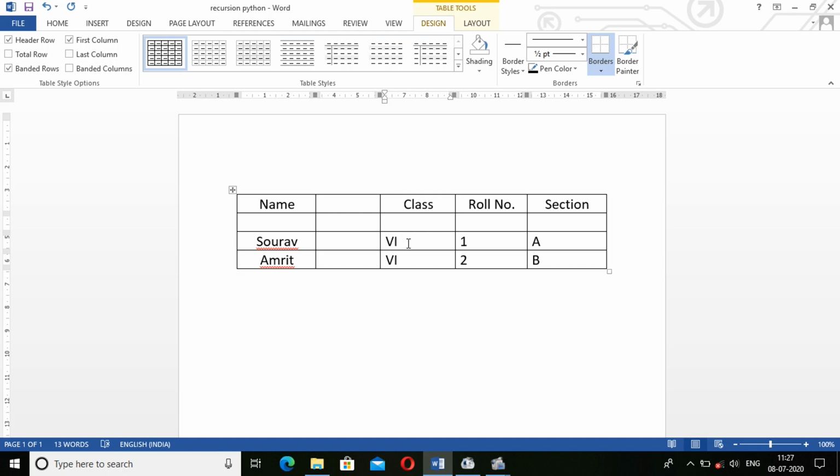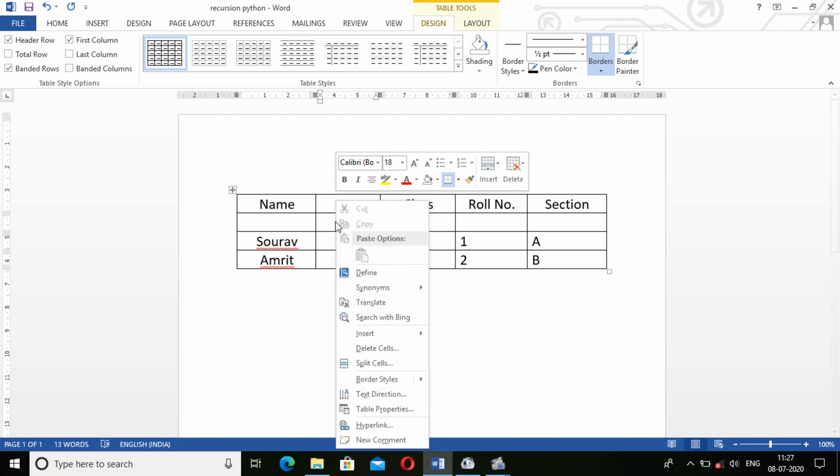The next topic we have is called deleting rows and columns. How to delete rows and columns. So just an extra row or column you can see here. How can you delete that? It is here, delete cells. So you can delete by cells. Okay, suppose you want to delete one particular cell, you can do that also.